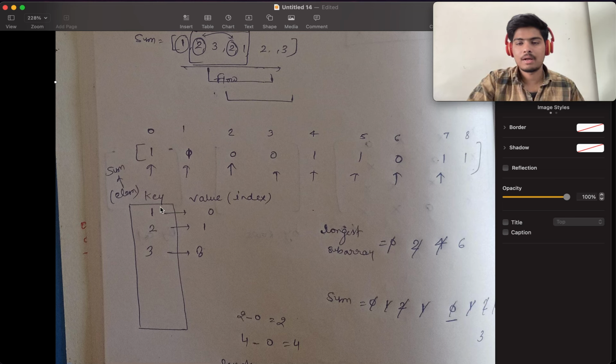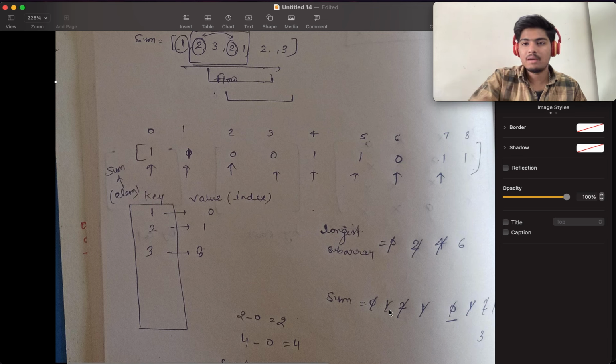and we will use a map as a key-value approach. So key is my sum. Whatever sum we get will be a key, and the value is the index of that nums array. So what I will do is traverse the whole array, and if at the zeroth index 1 is coming, then my sum will be 1, and 1 is my key. Here, as you can see, in the map the key is my sum, so 1 is my key,